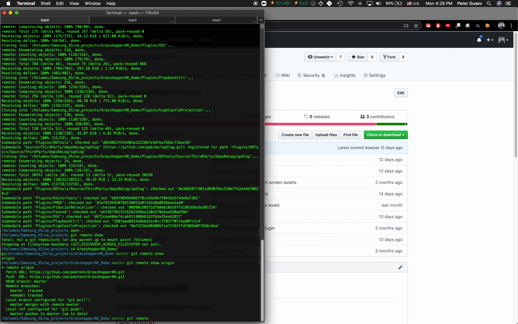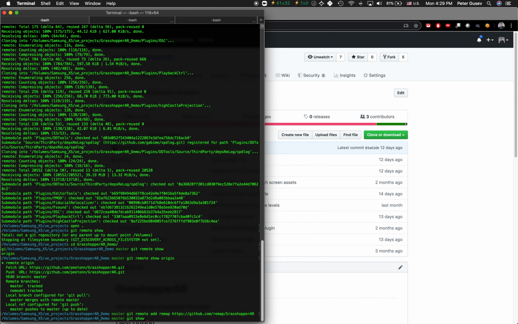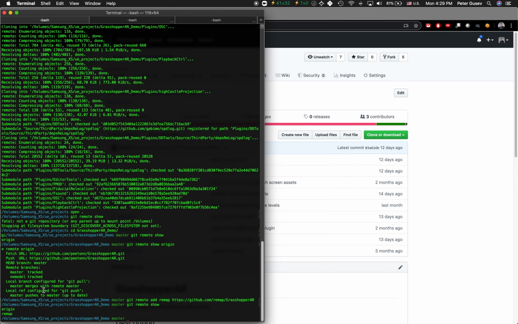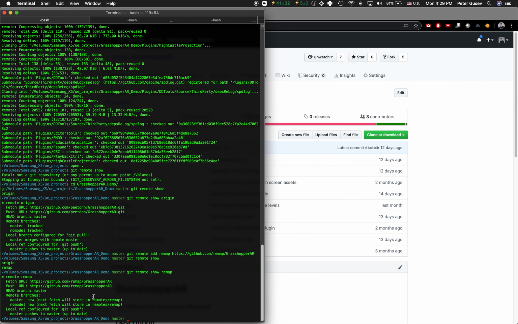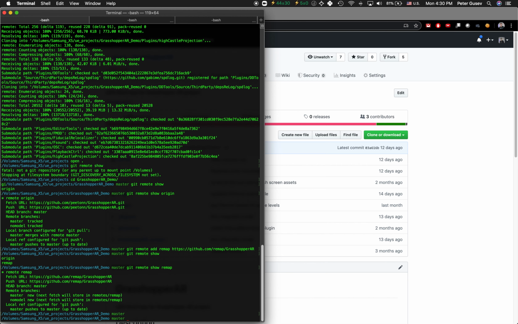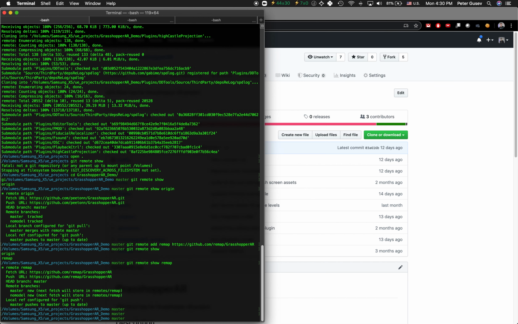I'm going to say git remote add, say remap, and then give the URL. So now if we do git remote show, it's going to show us two remotes, origin and remap. We can verify that remap actually points to the correct repository. What this allows us to do is pull from any of the remotes at any time locally. So we can do git pull remap,